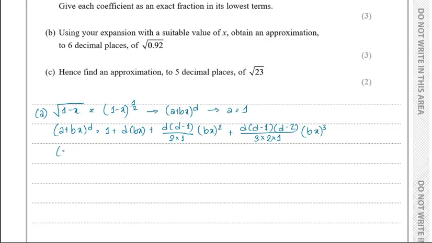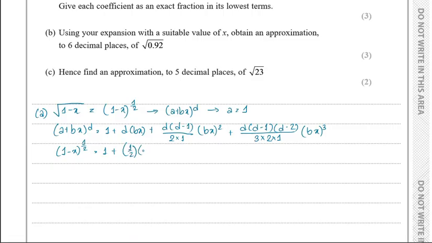So for the given expression, this would be 1 minus x to the power 1 by 2, where a is 1, b is minus 1, and d is half. b is the coefficient of x. So in our given expression, the coefficient of x is minus 1. So this would be 1 plus d, which is 1 by 2,